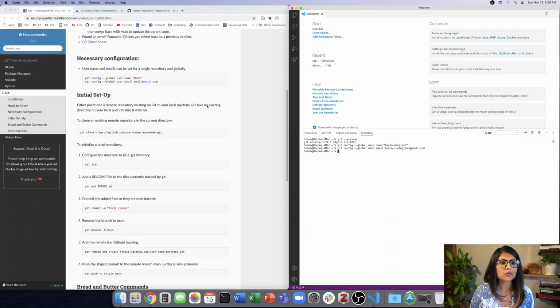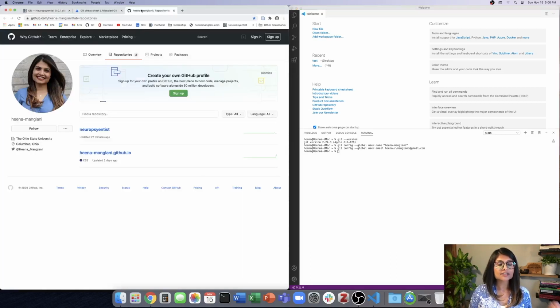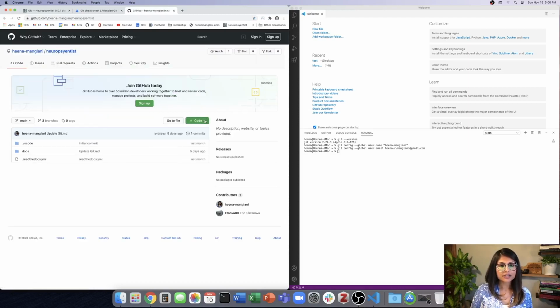And so the first thing I want to do is show you the two ways that we can basically connect the two. So one way is if you already have a repository existing on Git and you want to pull it down to your local machine, you can clone this existing repository. So the way to do that is go into your account and let's say I want to pull neuroscientist. I would go here and I would get the actual Git link, and so this will copy it, and then